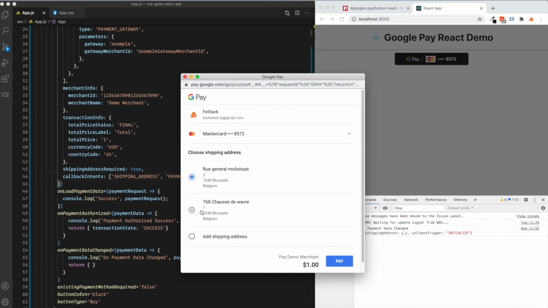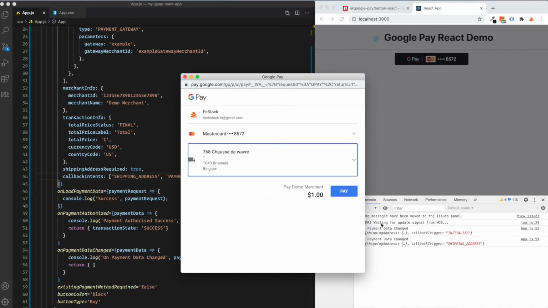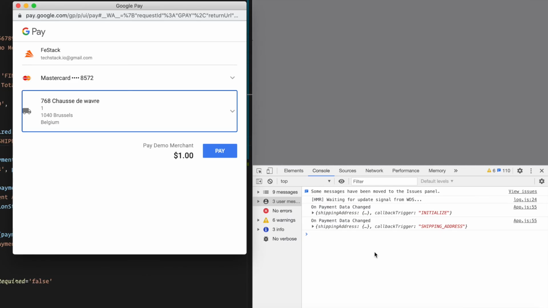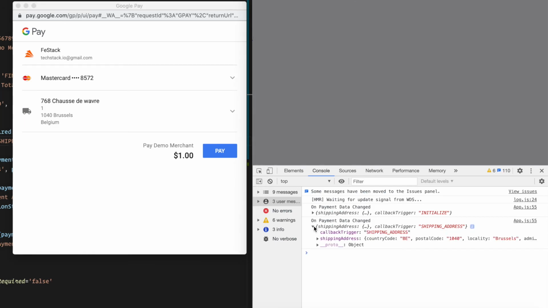So let me quickly show you. As soon as I click on this, you see behind in this console log, this onPaymentDataChanged method has been invoked, and now it has the new address which I have selected basically. So as you see, this is the new address.